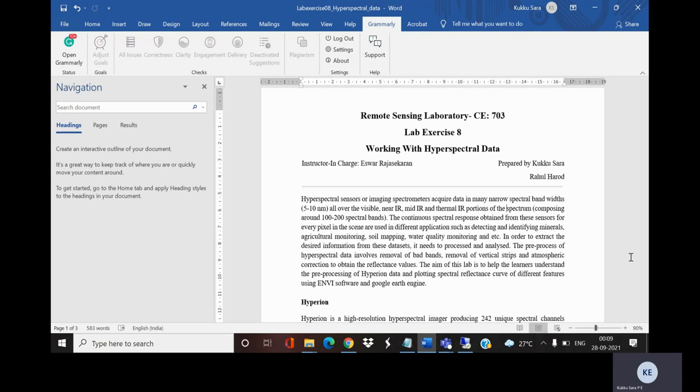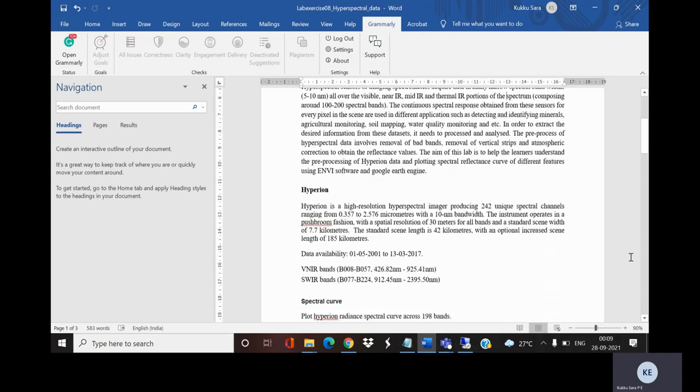So here I'm going to show you how to pre-process the data set from the Hyperion sensor, which is onboard the EO-1 satellite. The Hyperion data set has 242 unique spectral bands ranging from 0.357 micrometer to 2.5 micrometer, and each band has a bandwidth of 10 nanometer.